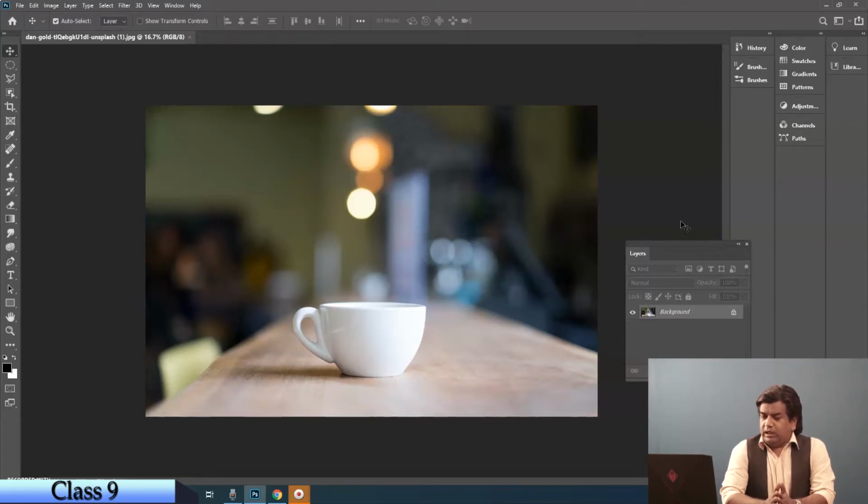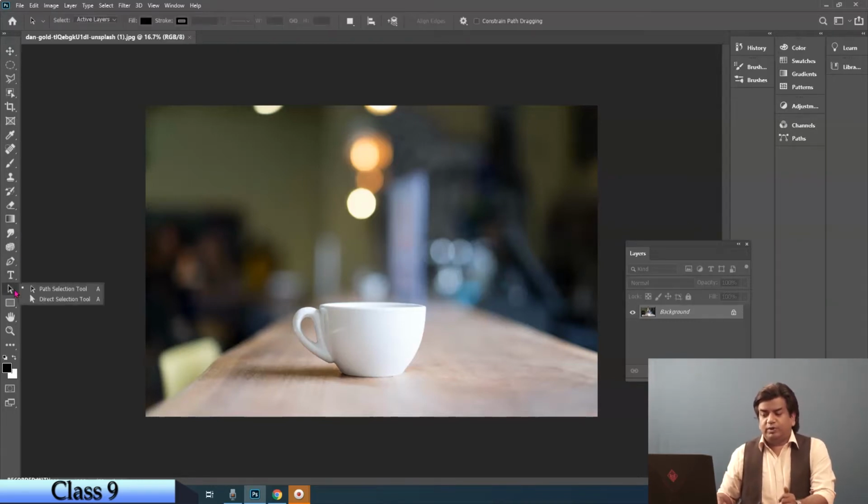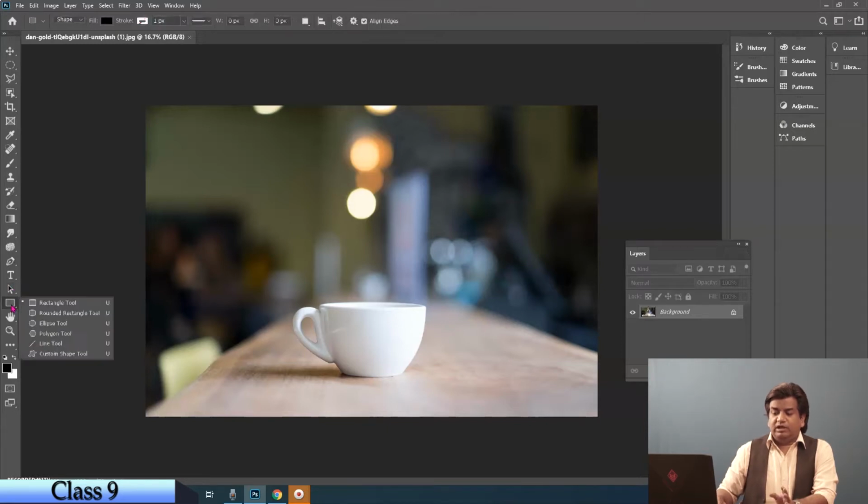With the pen tool, we also have to understand these arrows, the selection tool and the direct selection tool. These tools are associated with the pen tool, so we have to use them. Second, if we learn the basic shapes also, that works in the same parameters, the same family, so it will be quite easy for us to finish these three things together.